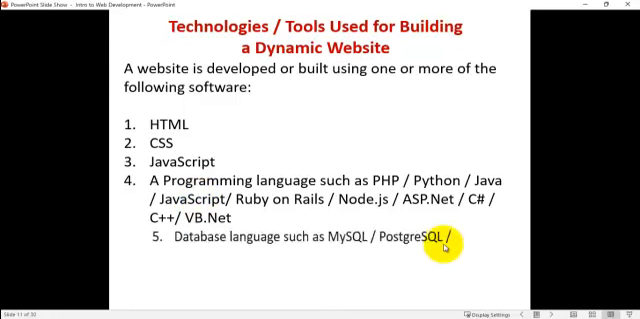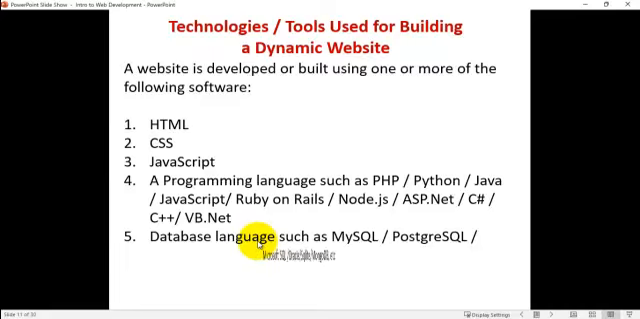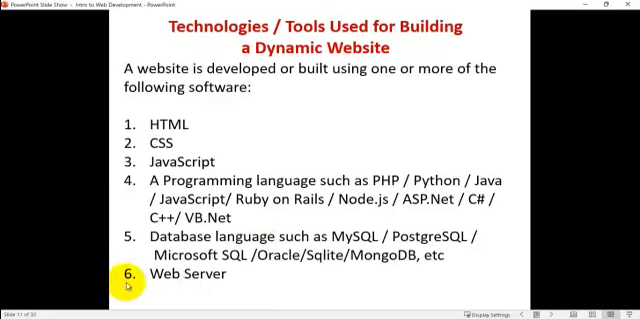So then you will need to learn a database language. We use database to create and store our data. Then you will need a web server. We will build server from scratch in this training. Let's say we are learning PHP now. PHP comes with some pre-built server. But in this training, we are going to build our own server using JavaScript. Then lastly, we will need